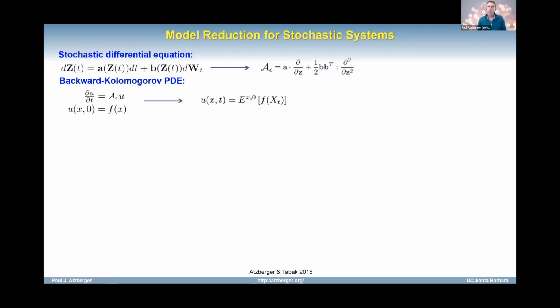The key takeaway here is that if I know the coefficients of this partial in z, and I know the coefficient matrix of this second partial in z, I basically know the stochastic process, in a weak sense. I know all the statistics of the stochastic process. So if I know this operator, I know the stochastic process. So I can convert back and forth from a PDE to the stochastic description using the link with this PDE.